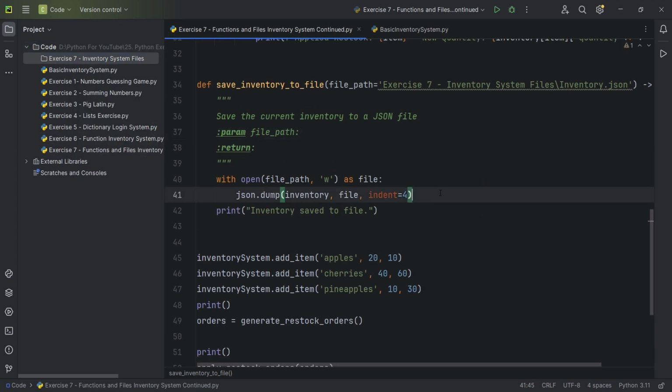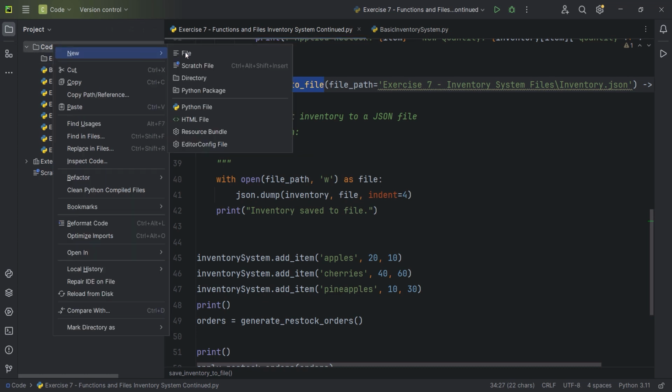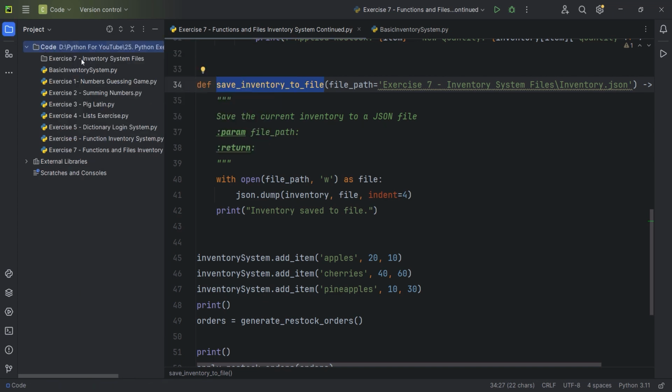Okay, so as you can see right here, I created a new function that is the save inventory to file. Before we continue on, something that I did was create a new directory in here. So when I right click, new, you can see that I create a directory, which is just a file, but in the context of a Python project, we call it the directory, and I called it specifically exercise 7-inventory-system files. Notice that it's the same name right here, and make sure that this directory is in the exact